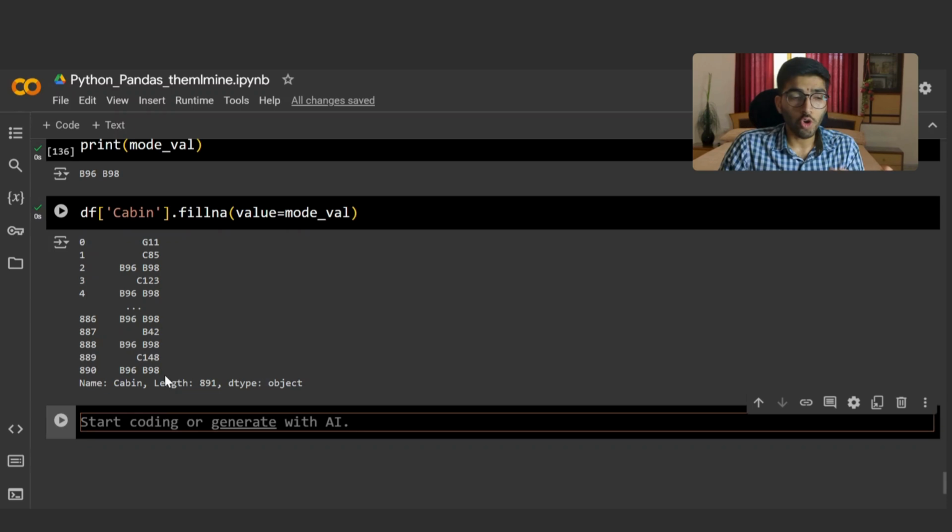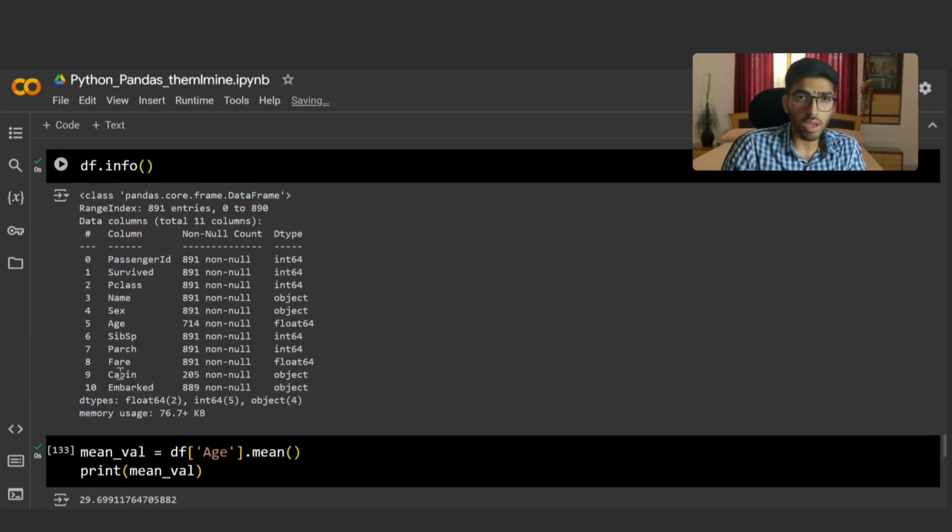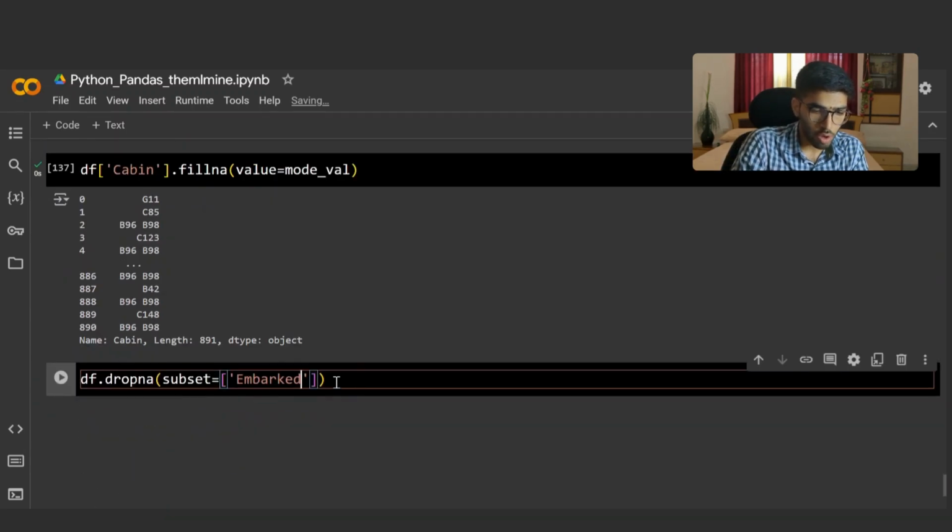Now if you want to drop the null values, you can use the df.dropna command, where you can provide the column based on which your rows will be dropped. So if I use the embarked column here, which has two null values, wherever these two null values are, it will drop those two rows, with all the data in all the columns deleted. So if I just run this,